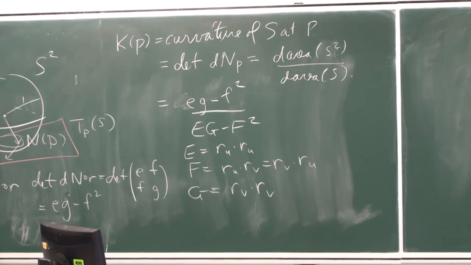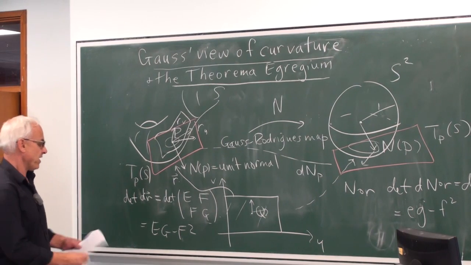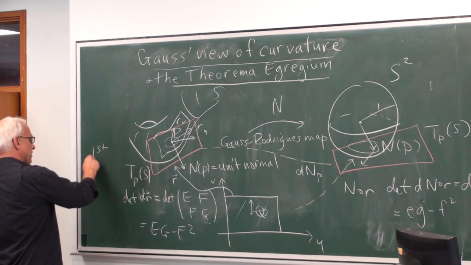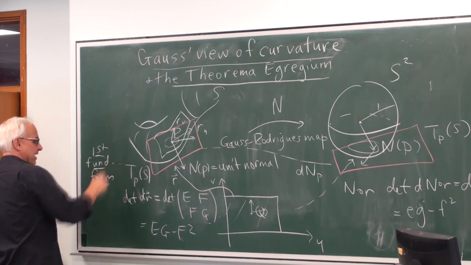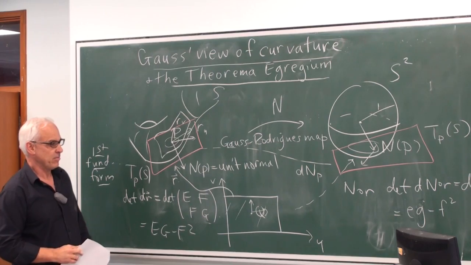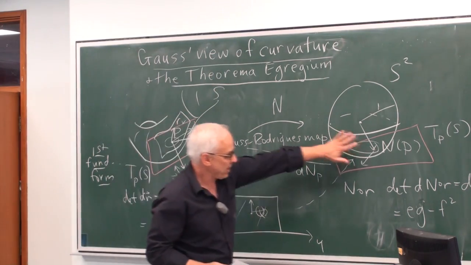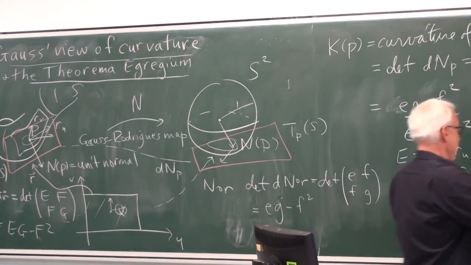And these numbers make up what's called the first fundamental form. So over here we have the first fundamental form, which is really a quadratic form on this tangent plane. And then over here, the little e's, f's, and g's are given by,